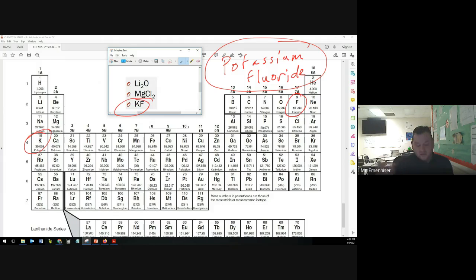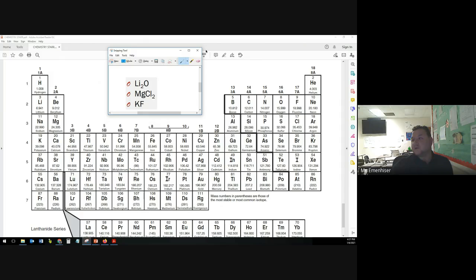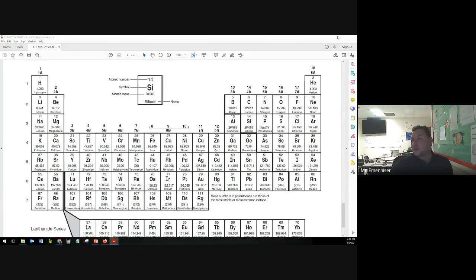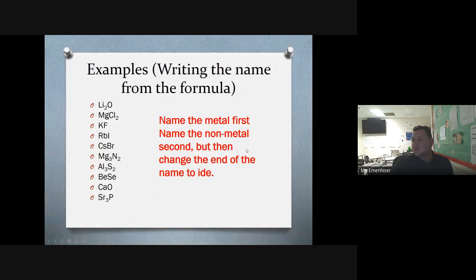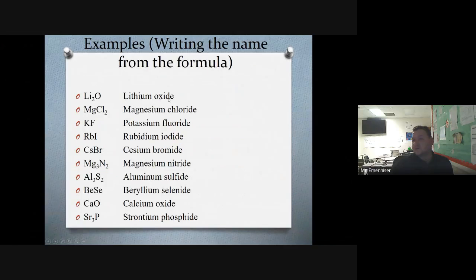All right, so that's 3 of them where I showed you guys exactly how I found those elements on the periodic table, and then I write the name. Let's go back and do the other ones, but just do them quickly to save some time. All right, and let's see this. Here they are. So lithium oxide, magnesium chloride, potassium fluoride, rubidium iodide, cesium bromide, magnesium nitride, aluminum sulfide, beryllium selenide, calcium oxide, and